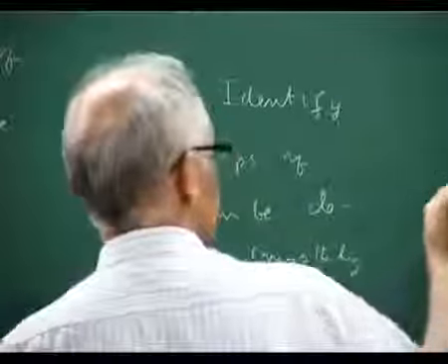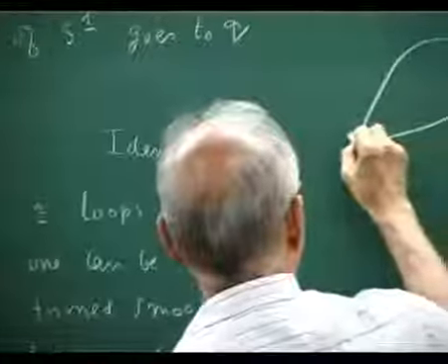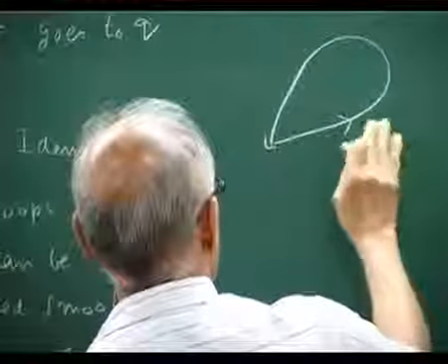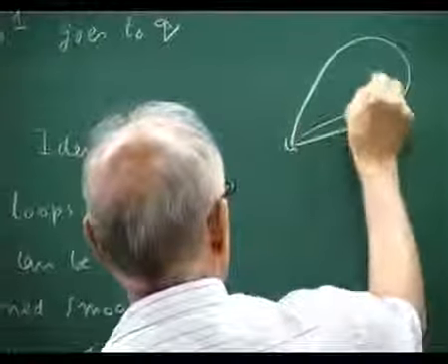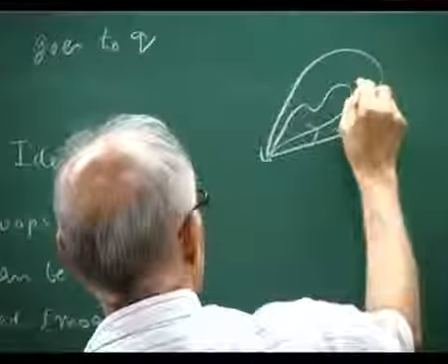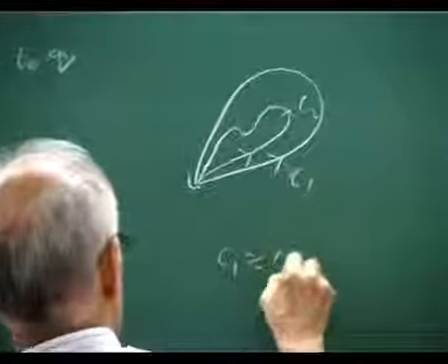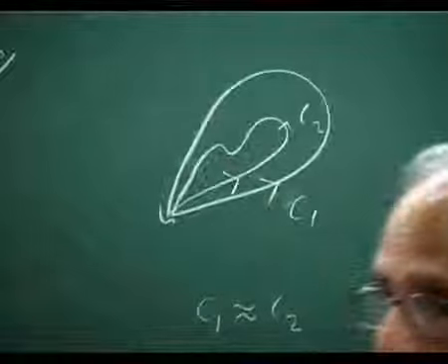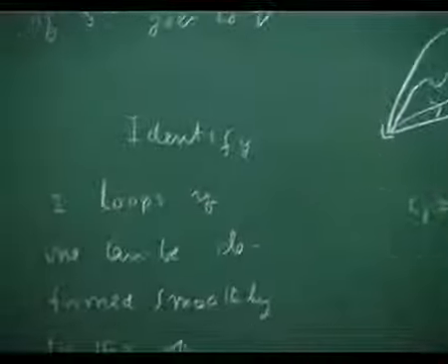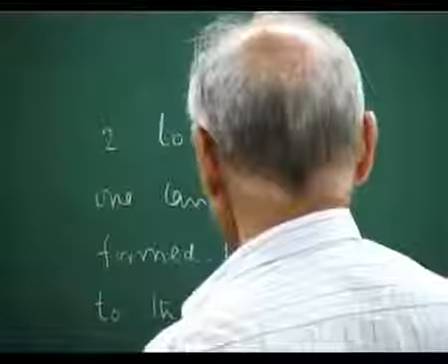Okay. That means, for example, if I have a loop here, there is no hole, I have say one loop here C1, then another loop C2, then we say C1 is equivalent to C2 if you can deform it without, in the deformation, leaving the base point,